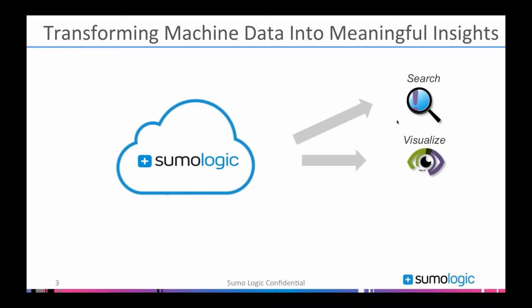And we'll talk a bit later in the presentation about how we ourselves use our product to visualize operational data at Sumo. But one of the things even better than troubleshooting, monitoring, and alerting is the ability to predict and proactively detect events that you might not have even thought about. Given that we're collecting all of the data, those clues are already in the data. So we'll talk about some of the advanced analytics that we have built over a few years that can help detect even events that we did not know about.